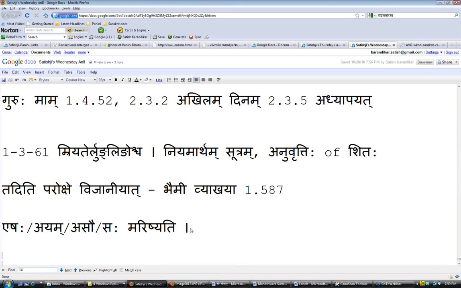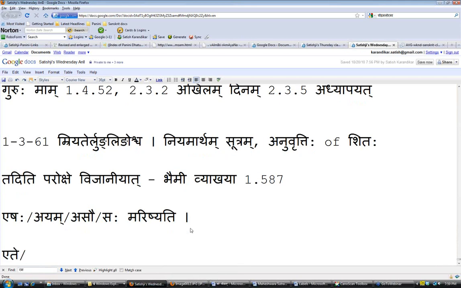So let's put it so it'll become ete, atva, ime, I'm sorry, ime, atva, you get ami. That comes in Gita. Ami comes in Gita. Ami, atva, you can make it te, it is parokshe.